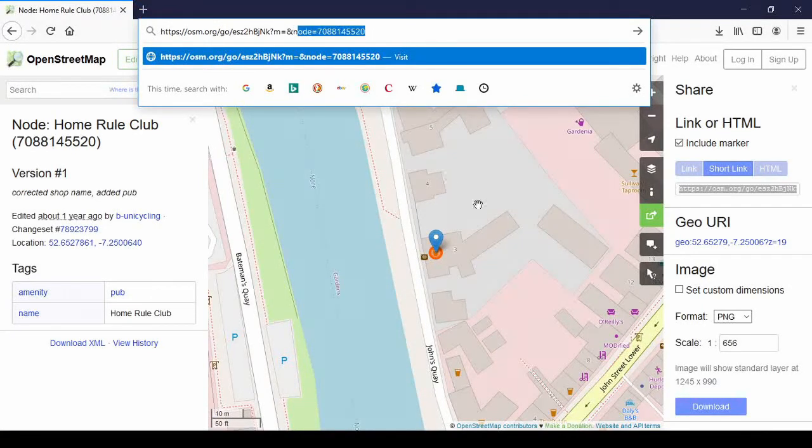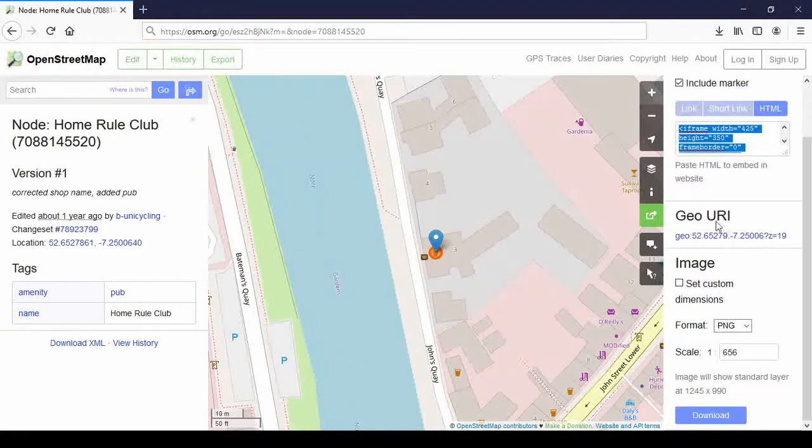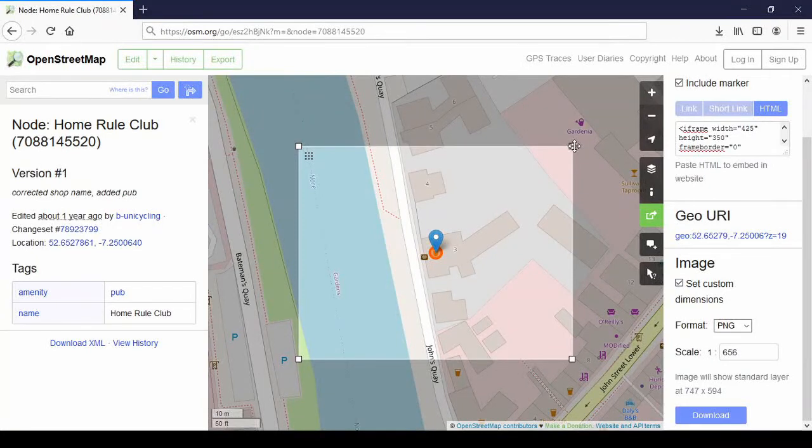That's the node. And you can also share it as HTML, which makes it possible to put this onto a website. If you have a WordPress website or something and you want to show this part of the map, you can use this iframe. The next one would be GURI. Not sure what that is for. And then the image, if you want to use this,